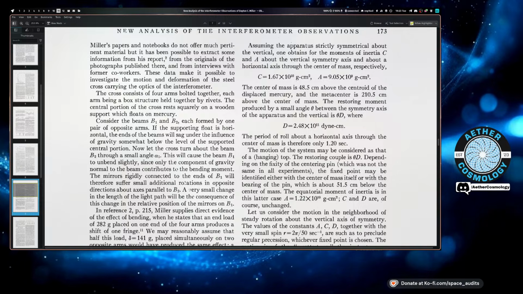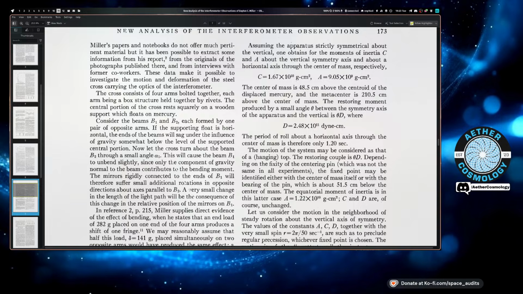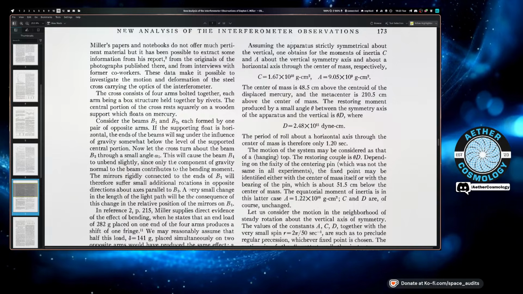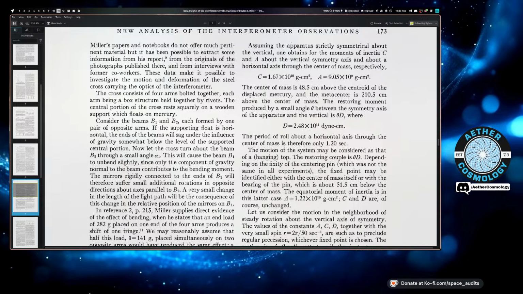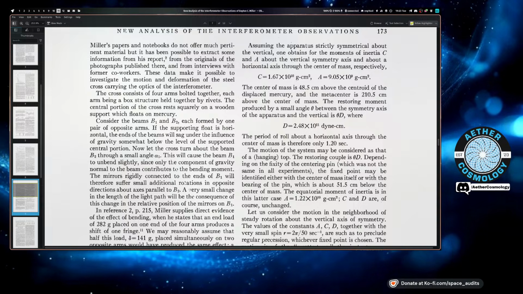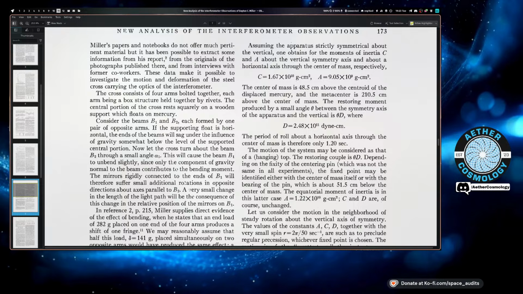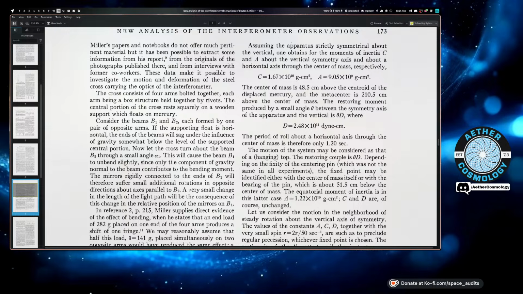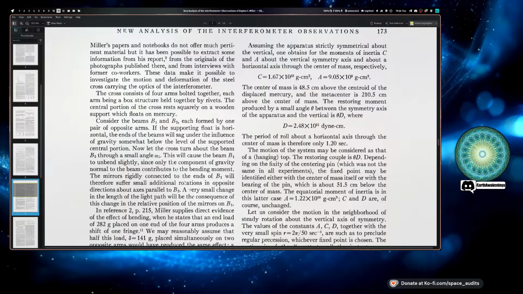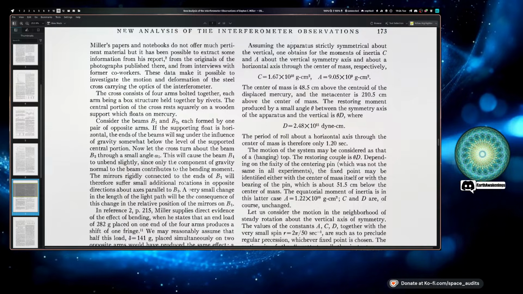Consider the beams B1 and B2, and I don't know where he shows this in this paper at all. He doesn't. I looked for it. I may have just missed it, but he doesn't show these beams. He doesn't show anything about the physical. He just talks about it. Each formed by one pair of opposite arms. So we've got beam B1 and B2 forming the cross, where 1 and 2 are each 2 pieces of box